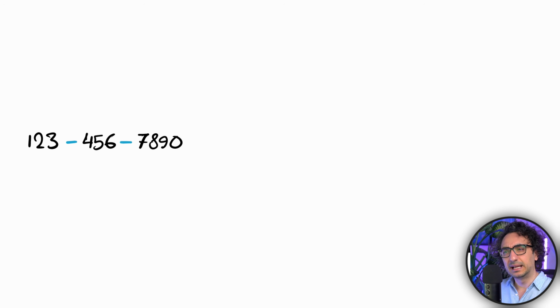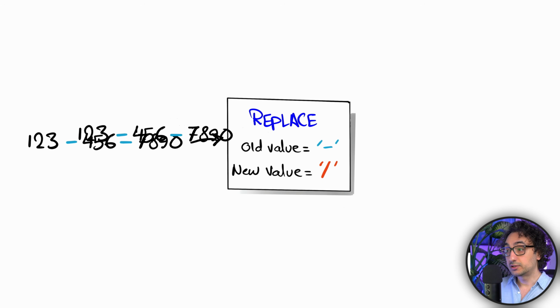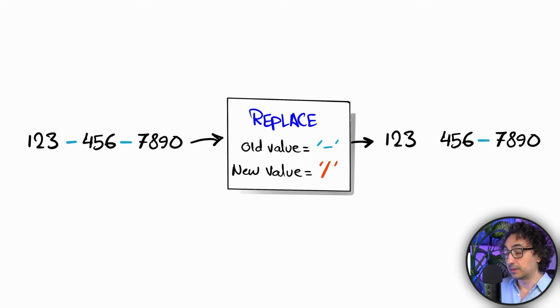Now in order to replace the dash, we can use the function replace. So we have to specify two things for SQL: the old value, the dash, and the new value, the slash. If you do that, in the output SQL is going to remove all those dashes between the numbers, and the replacement is going to be the slash between them. So it's very simple, right? All you are doing is replacing an old value with a new value, and that's why we call it